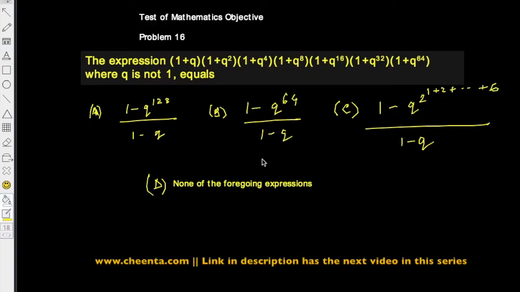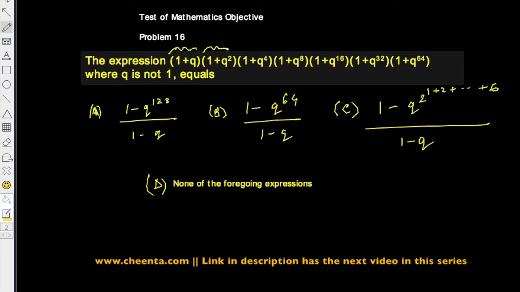Hello friends. In this particular discussion, we will talk about the 16th problem from the objective section of Test of Mathematics. Now the problem number may vary because the edition that I'm using, you might not be using the same version. So anyway, the statement of the problem is this, that we have an expression which looks like 1 plus